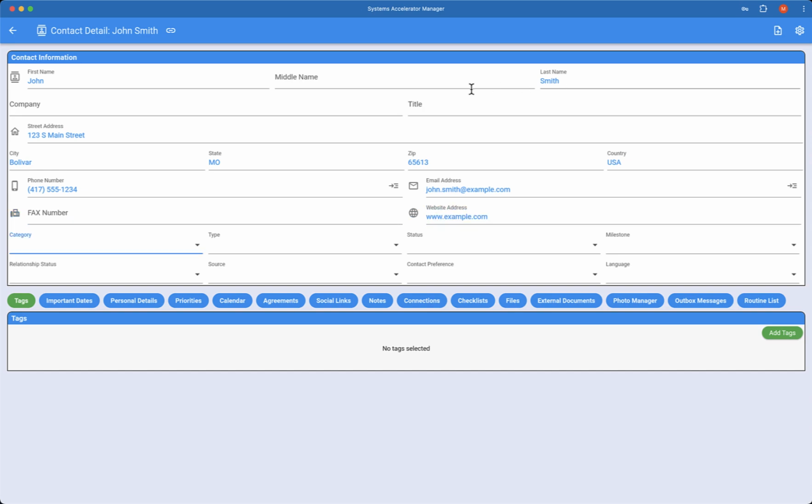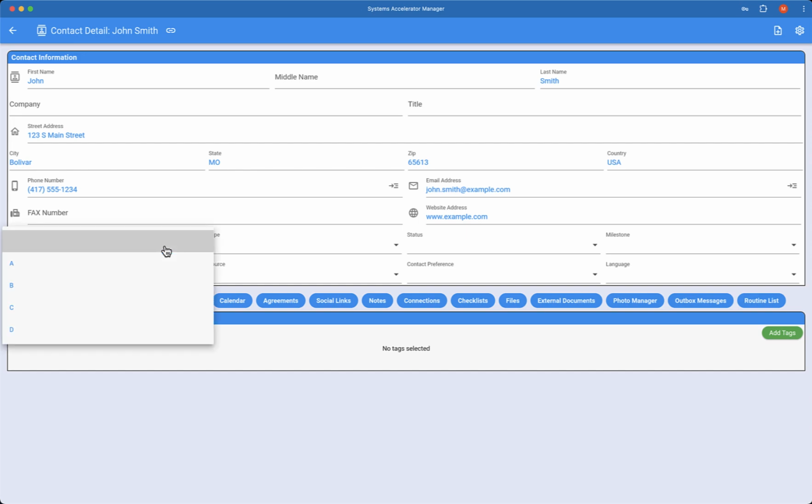And then we've got some classification type fields, the category. This is going to be something that you put in as either an A, B, C, or D. You can leave it blank if you want. You can classify them however you want, your A's, your B's, your C's, your D's. This is personal preference. You don't have to use it if you don't want, but it becomes very good if